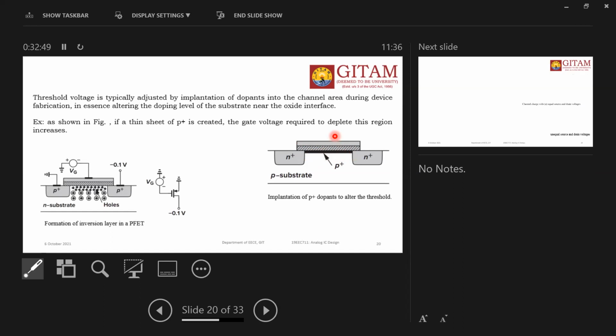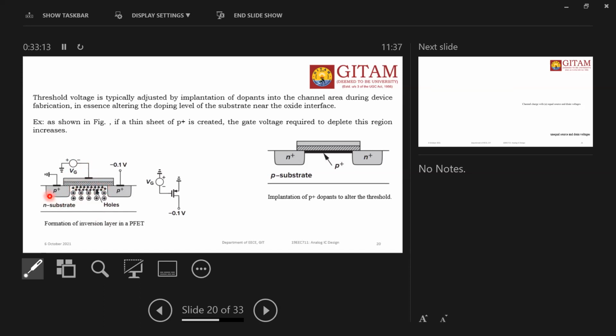So, formation of the inversion layer in a PFET. This is the PFET, whatever the story we started from about the threshold voltage. So this is relevant to the NFET. So of course, what about the PFET? What I told you is that for the gate, you need to supply a negative voltage. See, this is the PMOS transistor. So a negative gate voltage is applied here, which means all the negatives are here. Then positive charge will be created here.